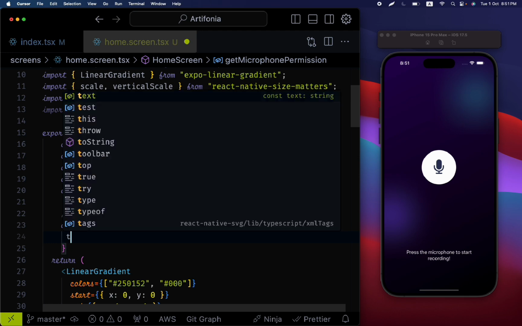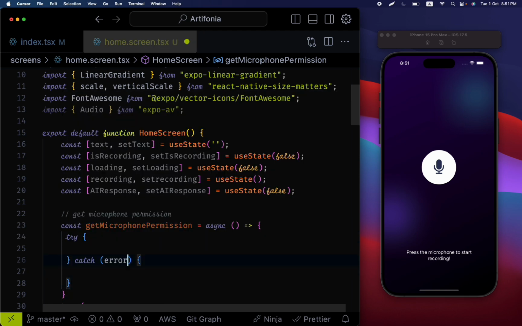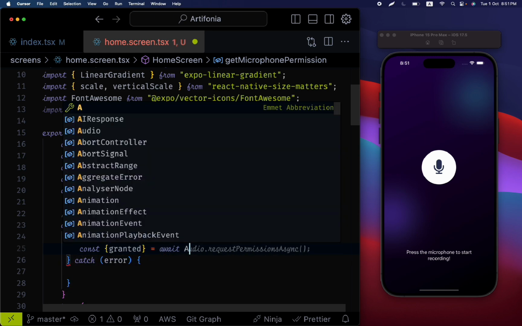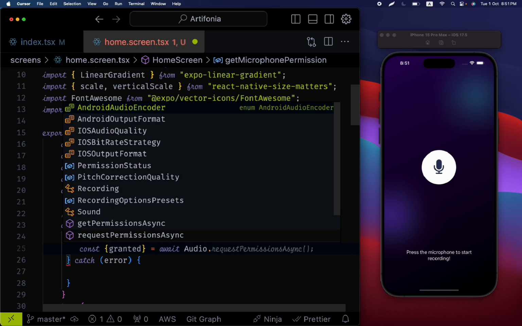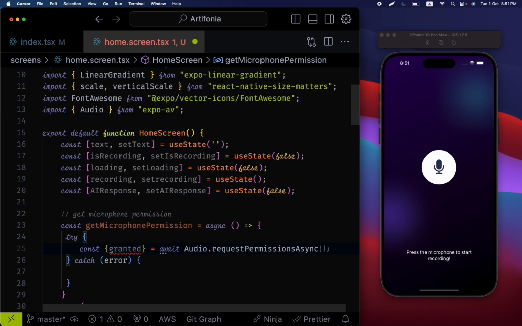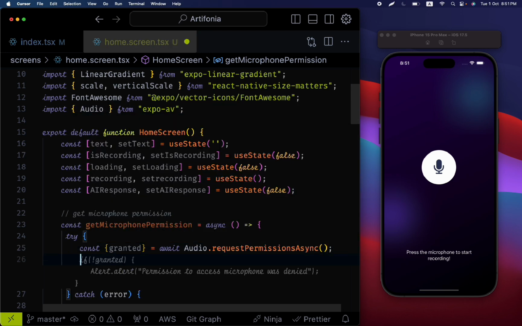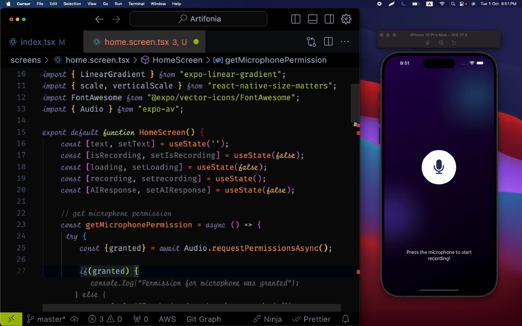So then here we can add a try catch statement and a constant granted, await Audio.requestPermissionsAsync. Yep. And if not granted,